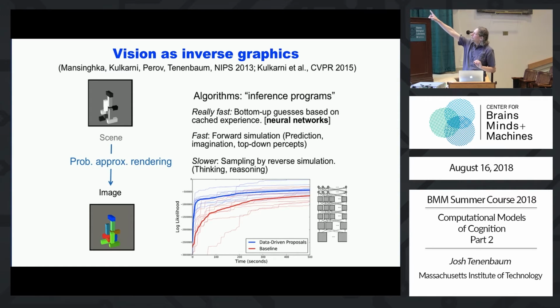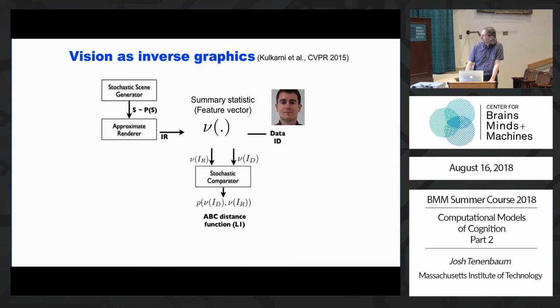So here I'm showing you a few things from the Kulkarni et al. CVPR 2015 paper. This introduced a probabilistic programming language for scene understanding called Picture, which Mansinga and colleagues are kind of redoing with some of these modern tools using neural networks. So stay tuned for that. Kulkarni also, he's now at DeepMind, and with some teammates there, they've also been doing a bunch of interesting related kinds of sort of neural net enabled inverse graphics. Like you might check out their spiral paper, for example, from the most recent ICML. So another sort of similar idea building on this.